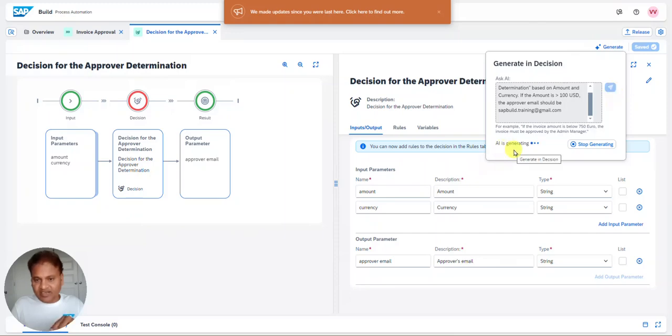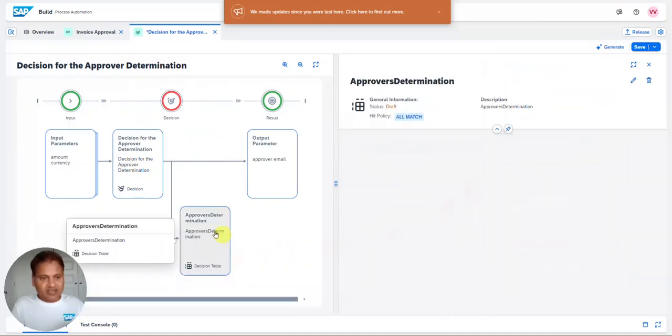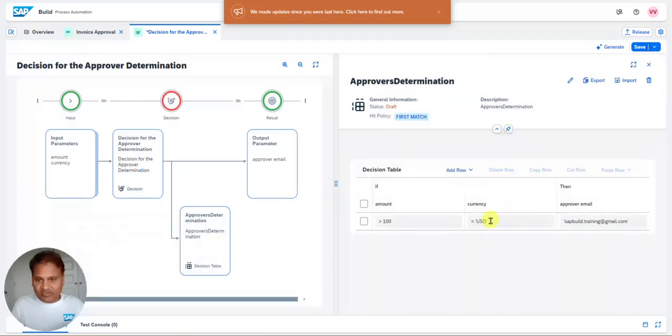So AI is generating. Once the generation is done, you will see the rule here. I think it will take us to the rule. Let's see that. Yes, see, this is the rule. Decision table generated, and you can see here: if the amount is greater than 100 USD, approver email is